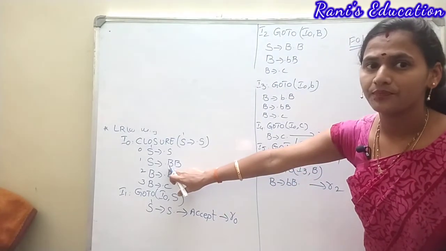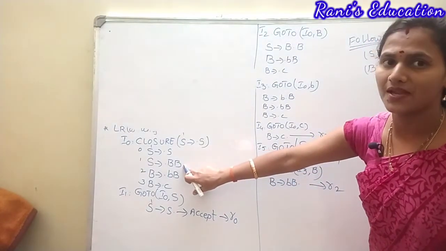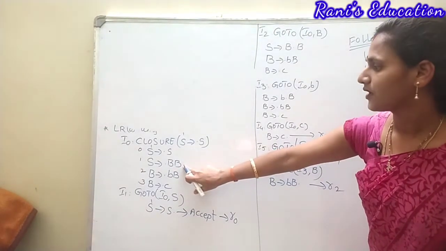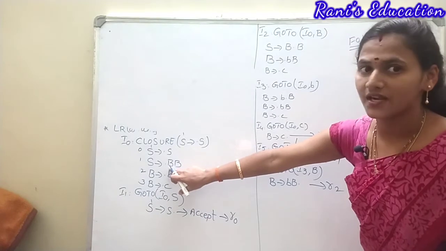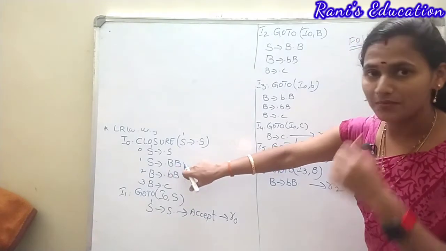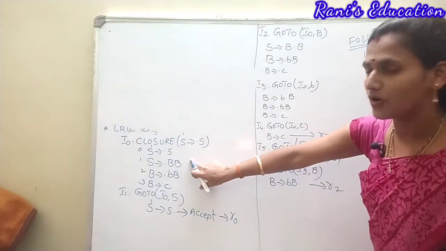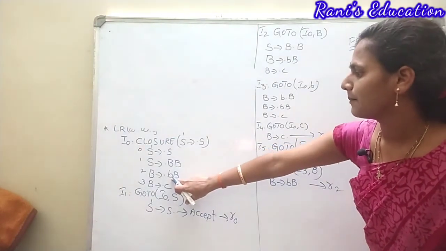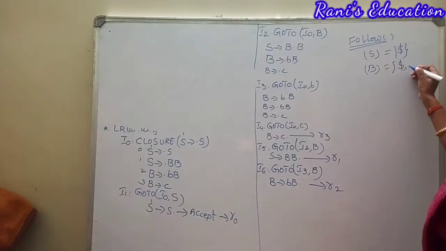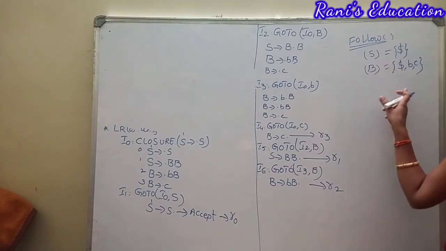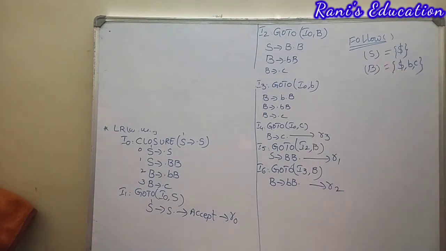Then one more thing. The first B is immediately followed by the next B, the non-terminal capital B, right? So B is defined in the RHS of the production. What is the immediate grammar symbol here? Non-terminal B. What is first of B over here? First of B is b and c. Those are also terminals for follow of B. This is follow.